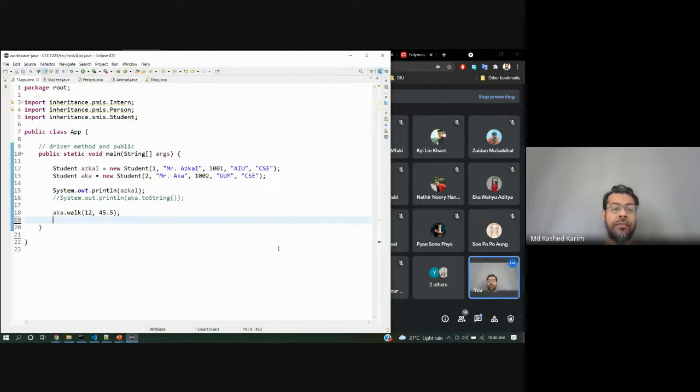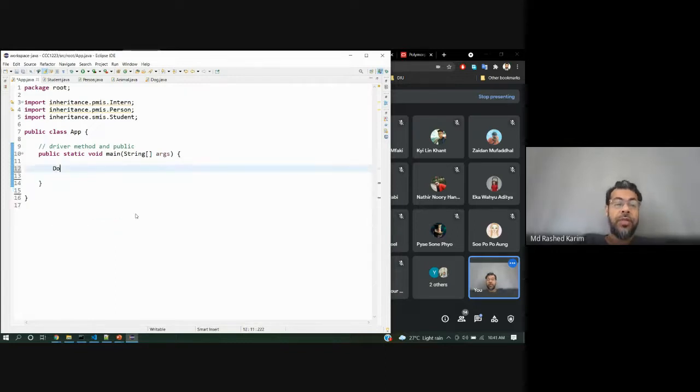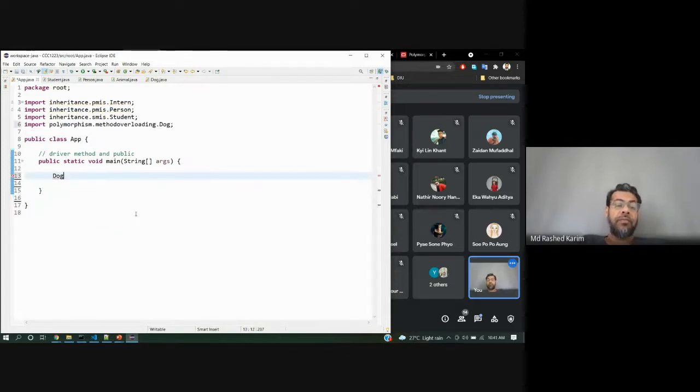Then I will declare dog, what's called pet, equal to new dog. Okay, but you have to put the name because of the parameterized constructor I have declared.